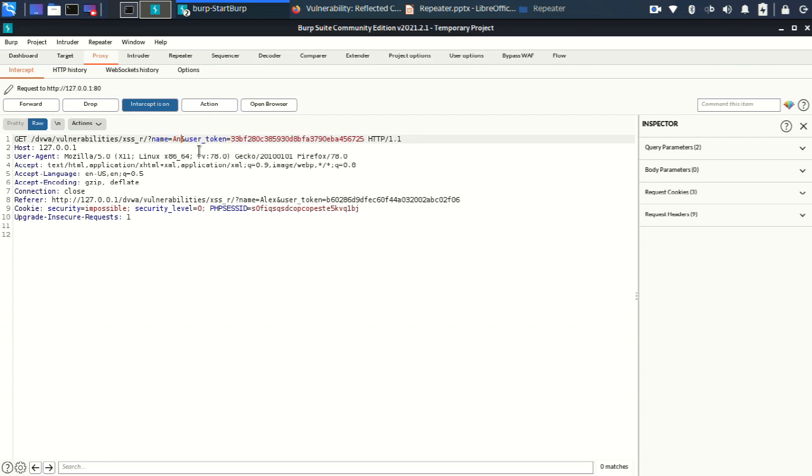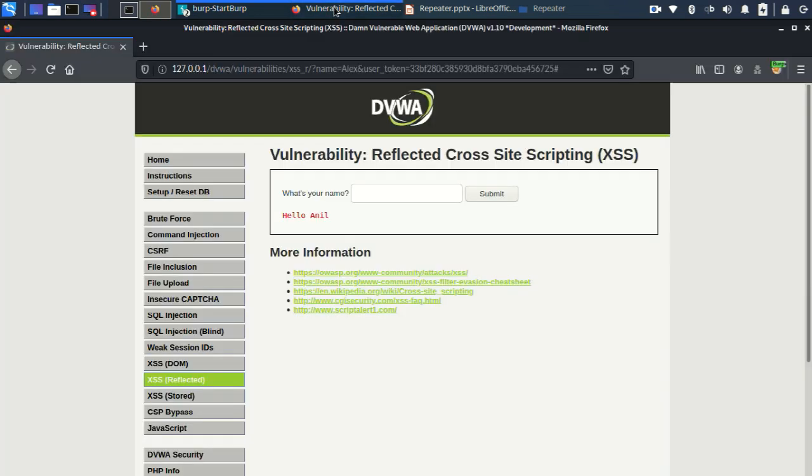Since I have seen in our repeater tab that if I make these two changes, then our response will change accordingly. Now what I'll do, I'll forward the request. Okay, and see the response, hello Anil. Got it? Okay, now that time the security was low.